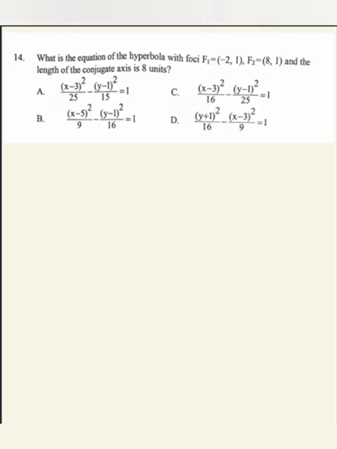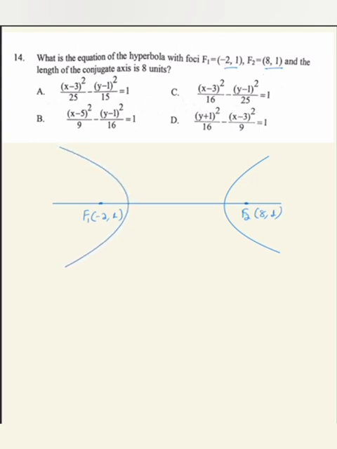c ነው ማለት ነው what is the equation of the hyperbola with foci minus 2,1 and 8,1 ሁለቱ ፎከሶች minus 2,1 እና 8,1 ናቸው they are on the horizontal line okay ስለዚህ ሃይፐርቦላው ሆሪዞንታል ሃይፐርቦላ ነው ማለት ነው አንደኛው ፎከስ f1 እዚህ ጋር ቢሆን minus 2,1 f2 እዚህ ጋር somewhere ብናስቀምጥ 8,1 ሆነ ማለት ነው ፎከሶቹ እነዚህ ከሆኑ ይሄ ሃይፐርቦላ ሆሪዞንታል ሃይፐርቦላ ነው ኦኬ